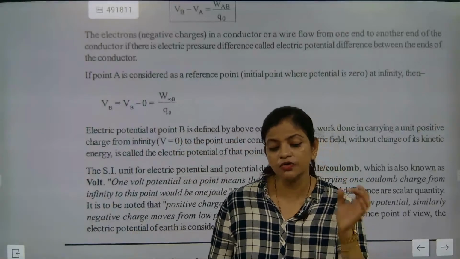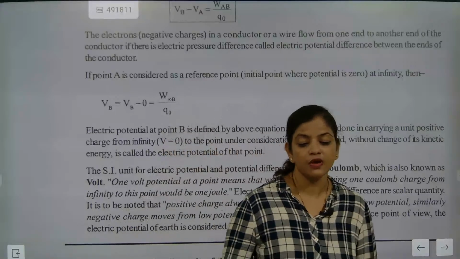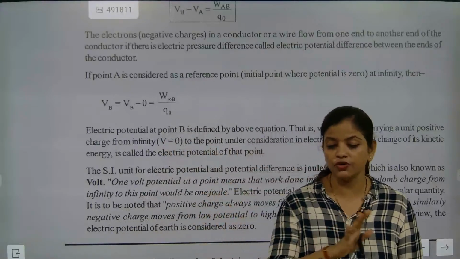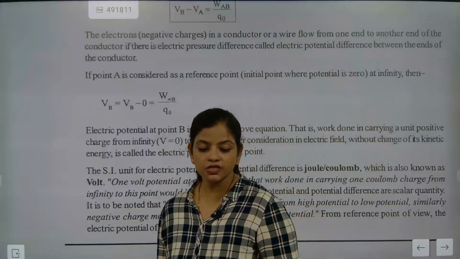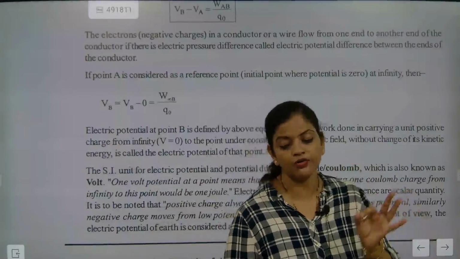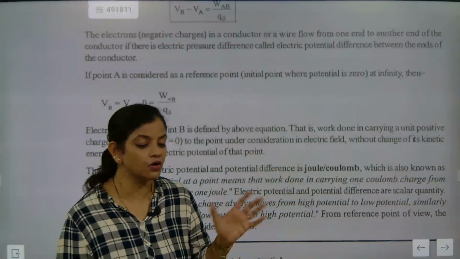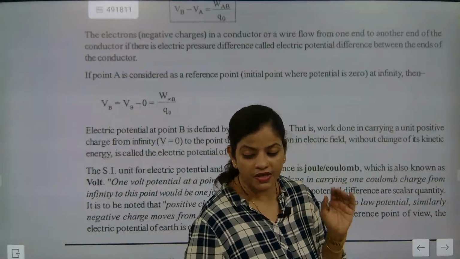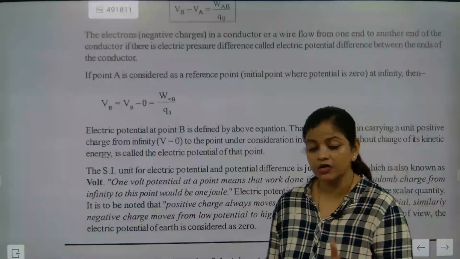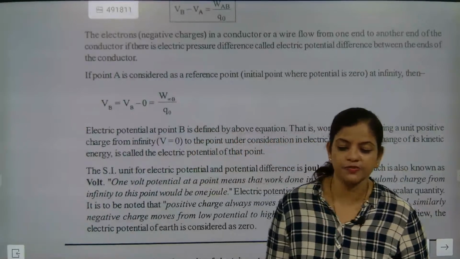Work done is equal to mass into displacement, or force into displacement. Can you tell me? Work done is equal to force into displacement. Is it true? Yes or no? Work done is equal to force into displacement. Is it true or false? Come on, say. Then we will understand this, because current electricity is not rocket science. Yes, force applied will be there. Work done is equal to what, beta? Work done is equal to force into displacement. So here